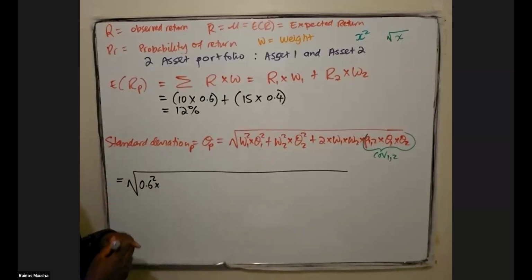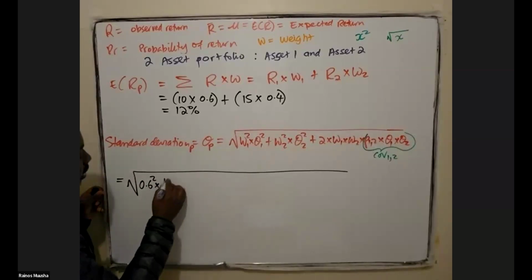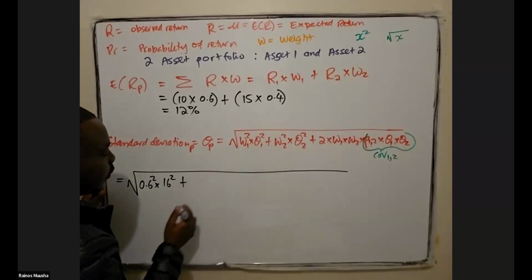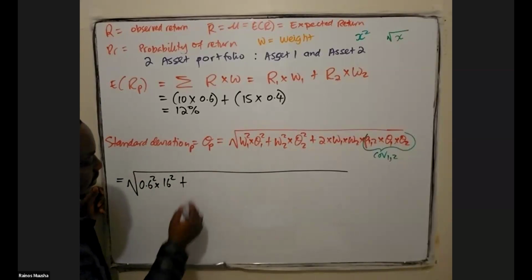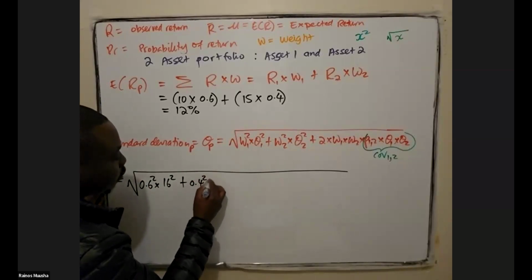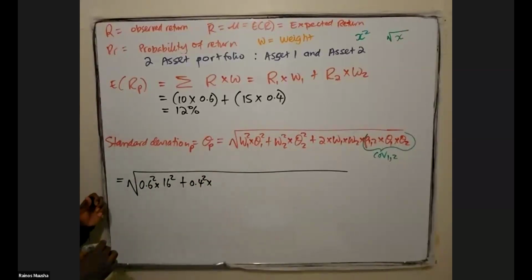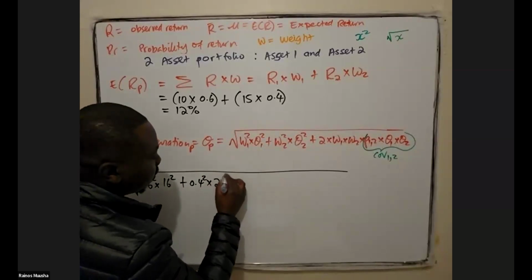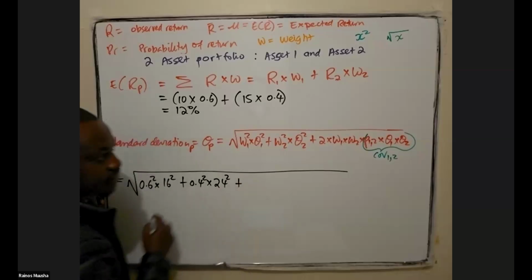Multiplied by the standard deviation of asset 1. On the question, the standard deviation was observed as 16%. So it's going to be 16 squared plus the weight of asset 2, which is 40%. So it's going to be 0.4 squared multiplied by the standard deviation of asset 2, which they give us as 24%. So it's going to be 24 squared plus